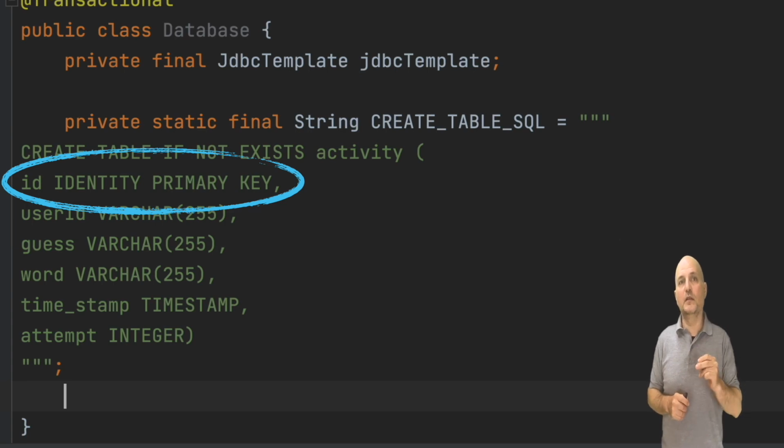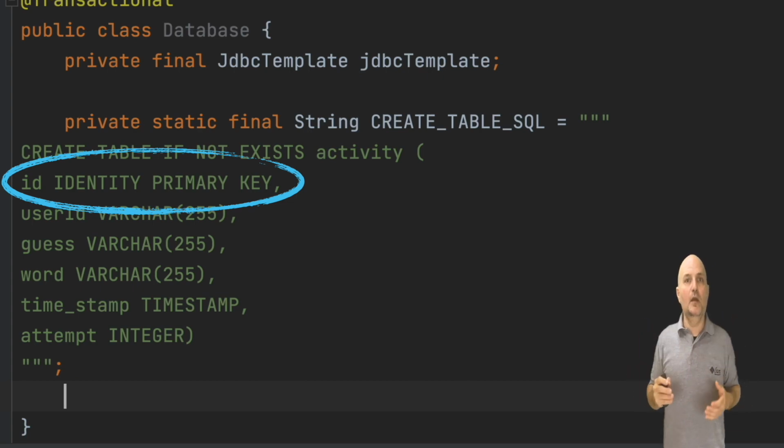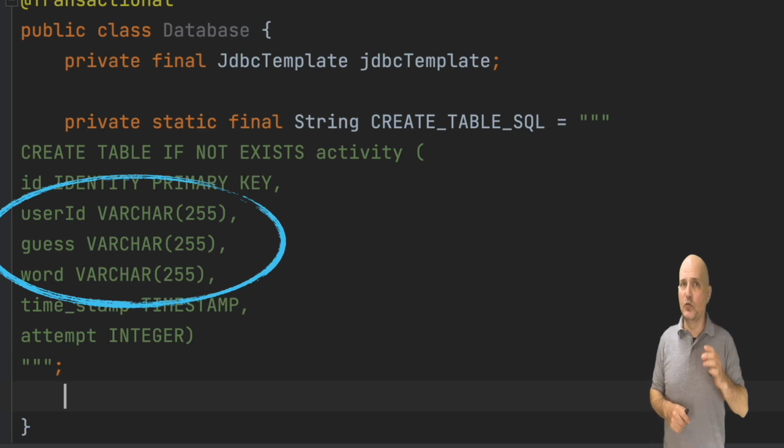The ID column is an identity. In H2, that means that it's a number that keeps incrementing. This is common for databases, but the syntax sometimes varies. The primary key is very useful if we want to find a specific entry in the database to edit or modify. By using an identity, we let the database handle the complexity of assigning an ID. This isn't a trivial task since many users might add rows to the table and each one must be unique. We don't have a user ID yet, but we will when the application is finished.